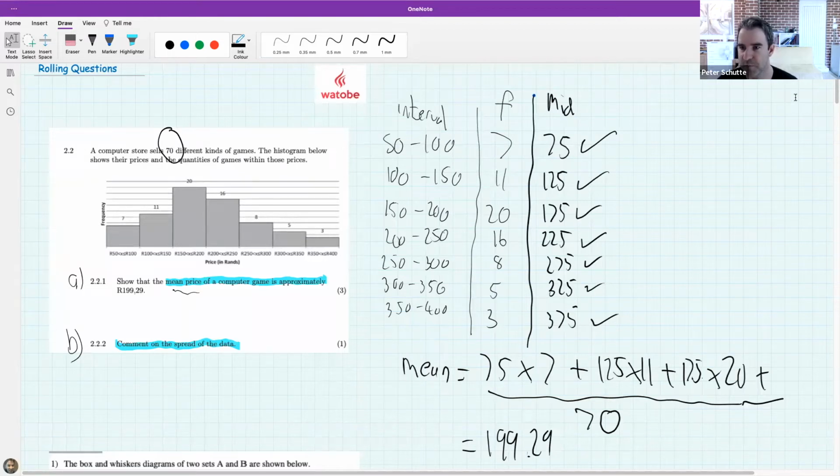Lasanda, let's go to you. Hey, Lasanda. Hello, sir. How's it going? I'm good. Sir, I wanted to know if you always multiply the midpoint by frequency when you calculate the